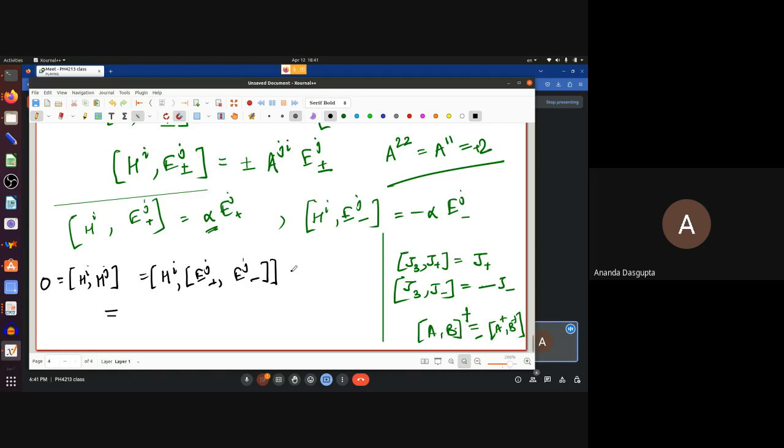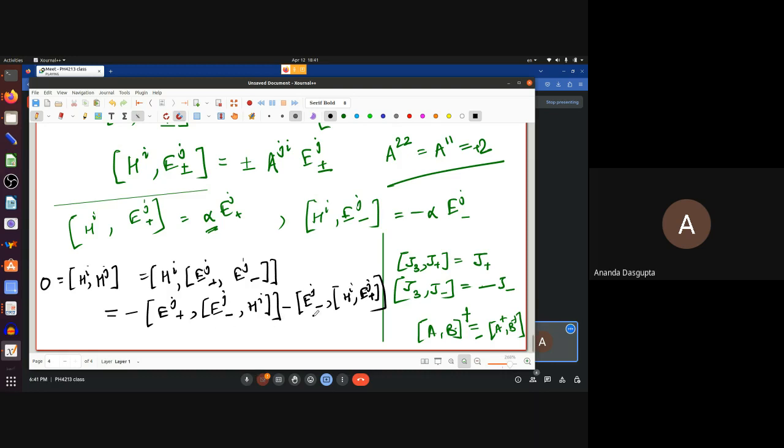Well, whenever you have a double bracket like this, one of the first things you do is rewrite this as